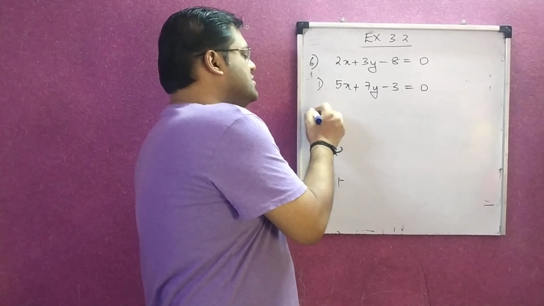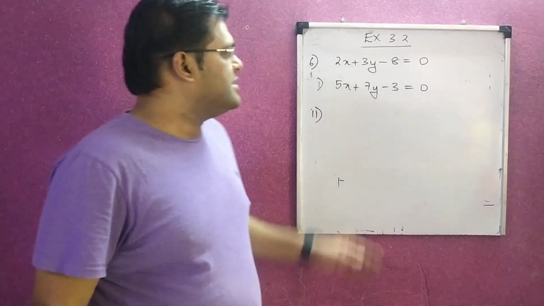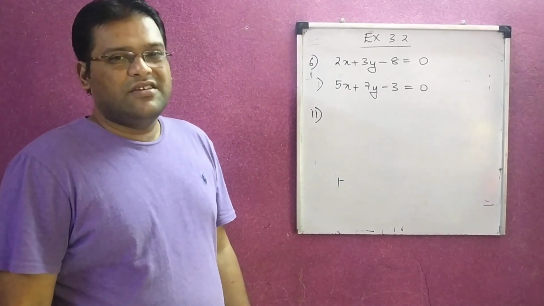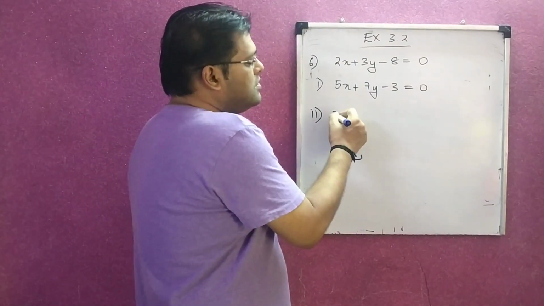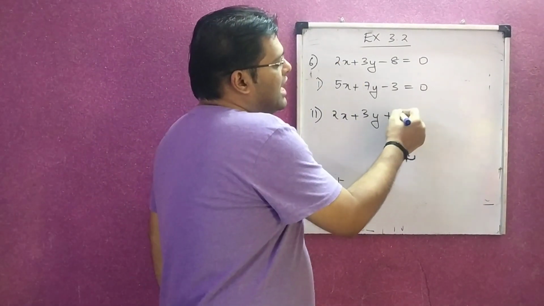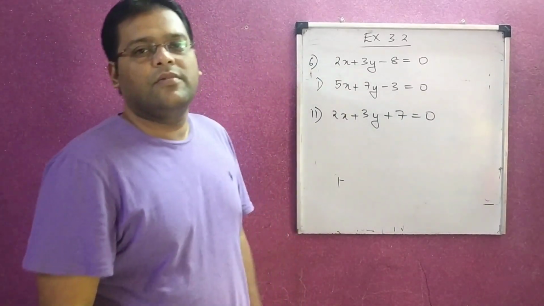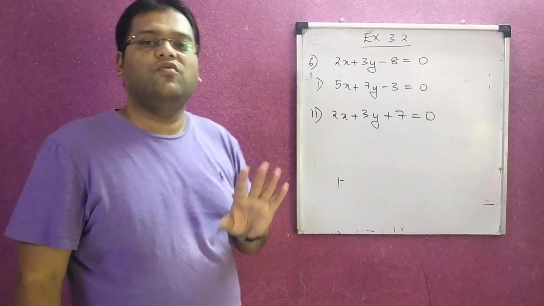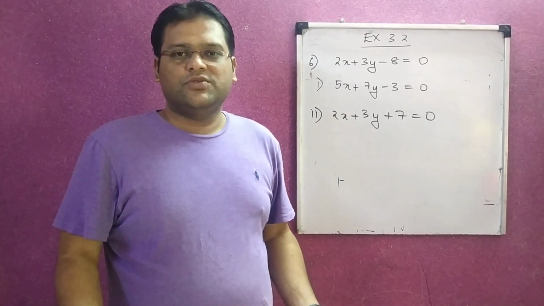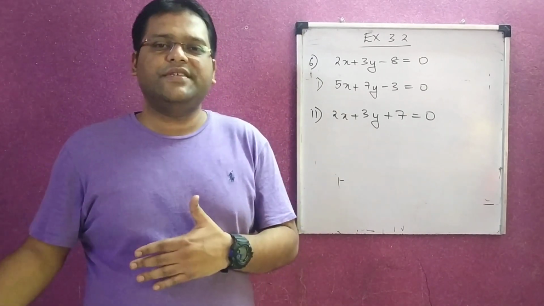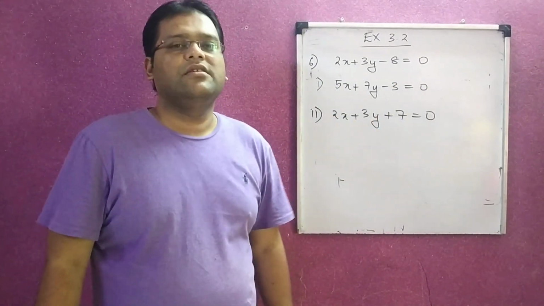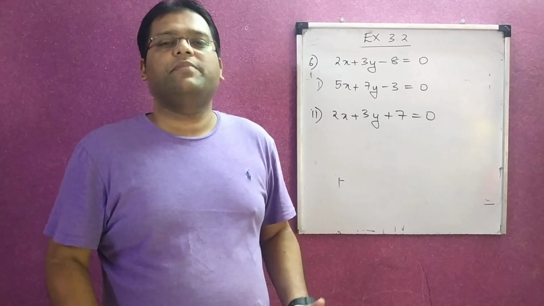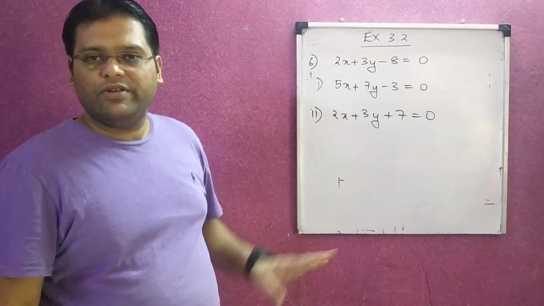The second sub-question is to write an equation in such a way that the given equation and the equation you write will form a pair of parallel lines. Here I will not think much. I will keep the coefficients of x and y the same, and just change the constant term. So what happens? 2 upon 2, 1. 3 upon 3, 1. Ratios are the same. So we have to look at the ratio C1 upon C2. Minus 8 upon 7, not equal to the first two ratios. So they form a pair of parallel lines. That is over with the second part.